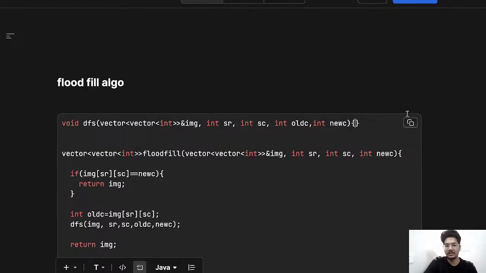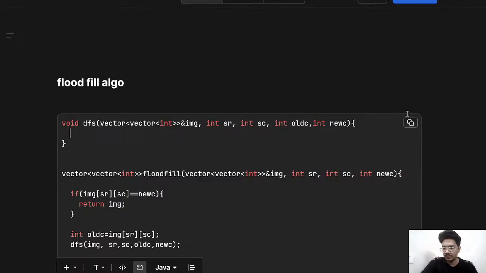So run the recursive code. First, check the condition whether the new row and column are valid or not. The row is written as x and the column as y. So check the valid condition: if x is less than 0 or if x